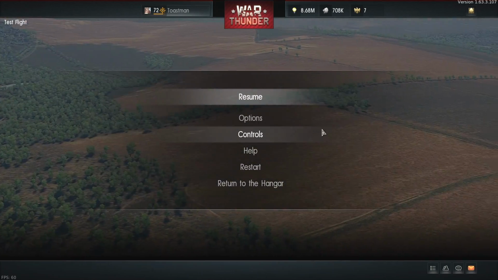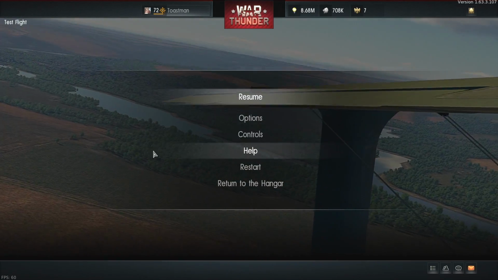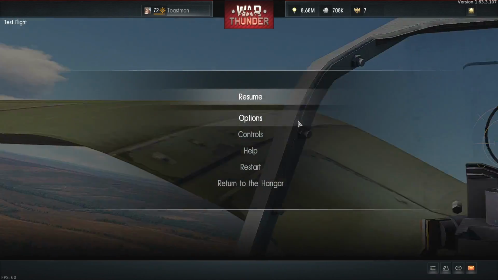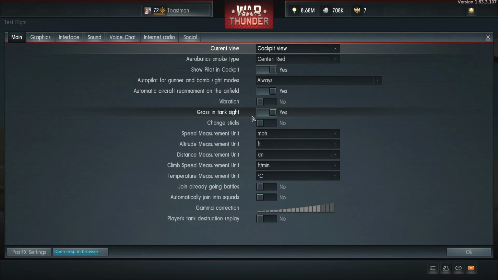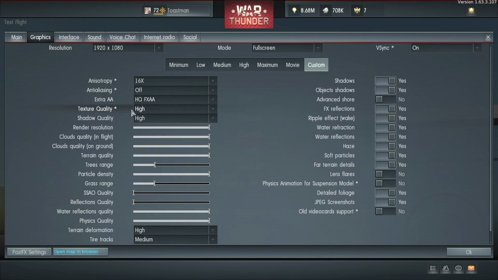Now, as I said, these settings may be different to yours, but the method of getting to the settings is probably the same. So, first of all, I go into Options. Now, I don't usually fly with this. I don't fly with normal anti-aliasing. I've never used it. I feel it makes everything blurry, as if people have put Vaseline on the lens. So I only use extra AAA when I'm doing screenshots or replays, but I've left it on just to show you. And now I'm going to press Post Effects,